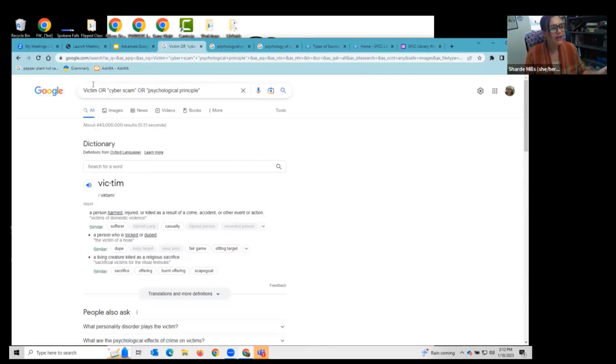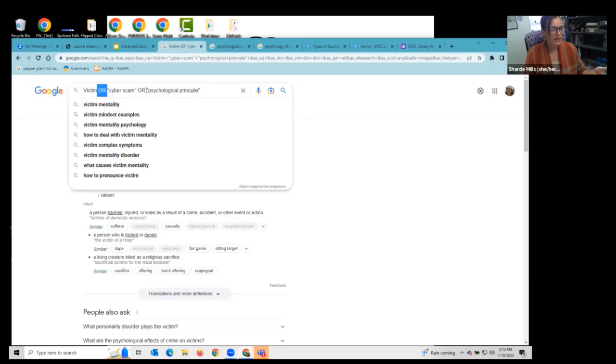The way this Google Advanced Search works is that it applies Boolean operators automatically. So it's telling the database that I want victim or cyber scam or psychological principles. I'm not necessarily finding all these things in one spot. Instead, it's finding any website that has any of these terms on it. So this is a very wide net I have cast out there.